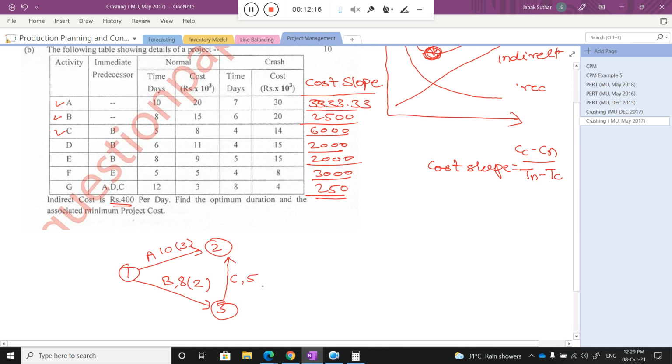5, right? And how much can I reduce? 1. Okay, so now the C is completed. Now I go for the activity D. Okay, so in activity D,